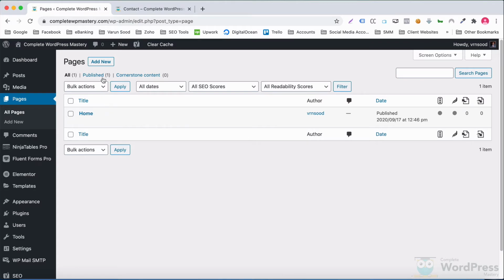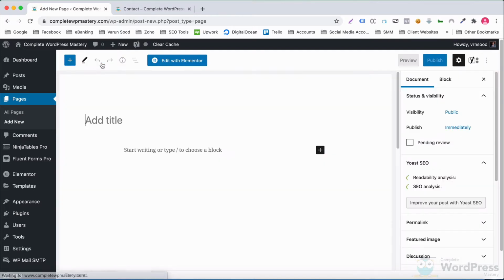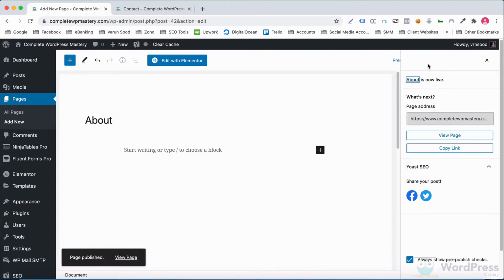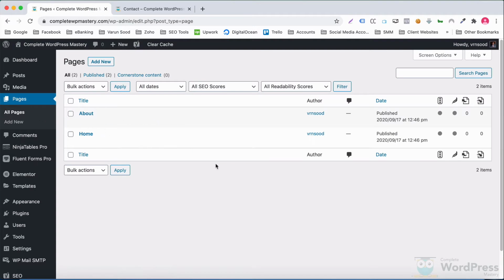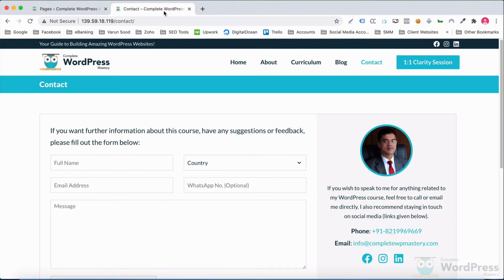Let's add our second page, and we'll call this About. Let me quickly see which one is the next.